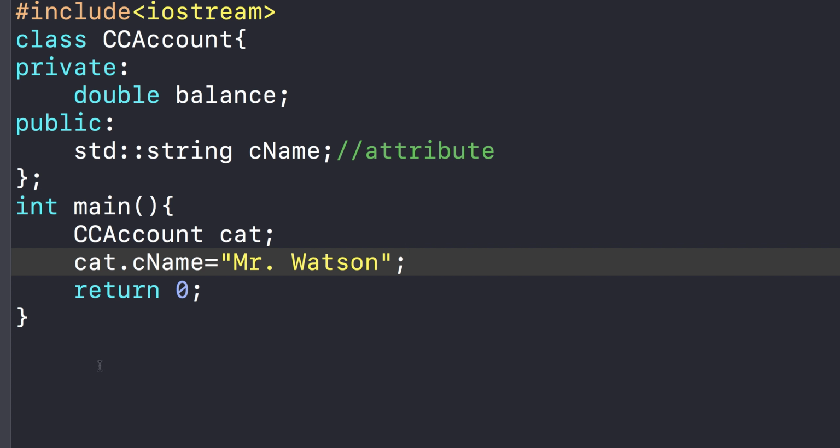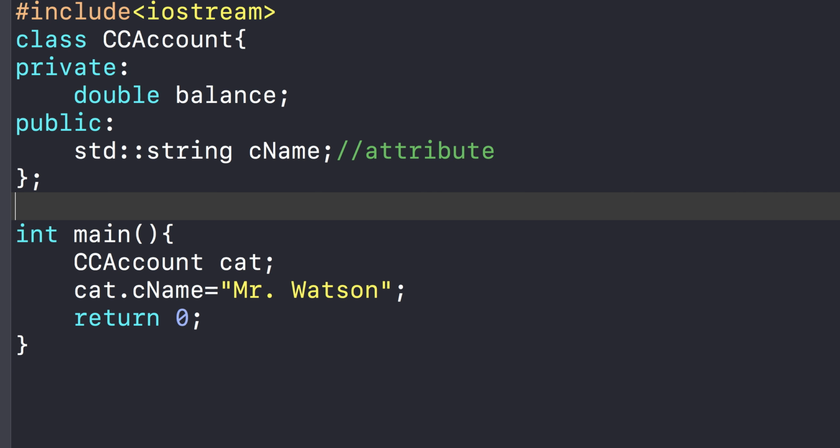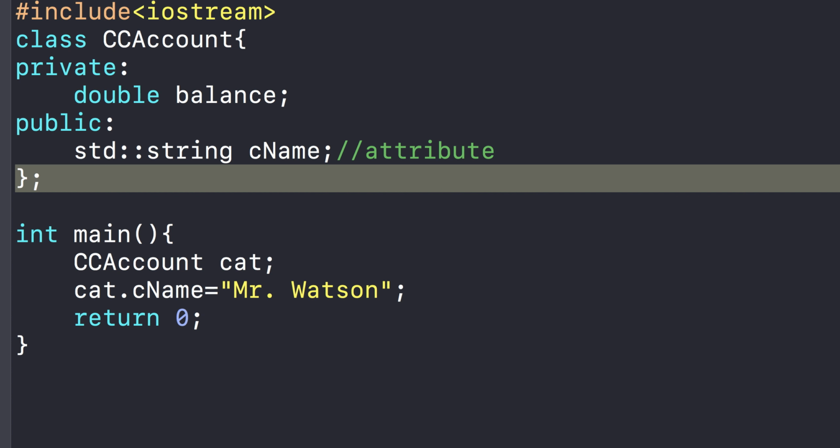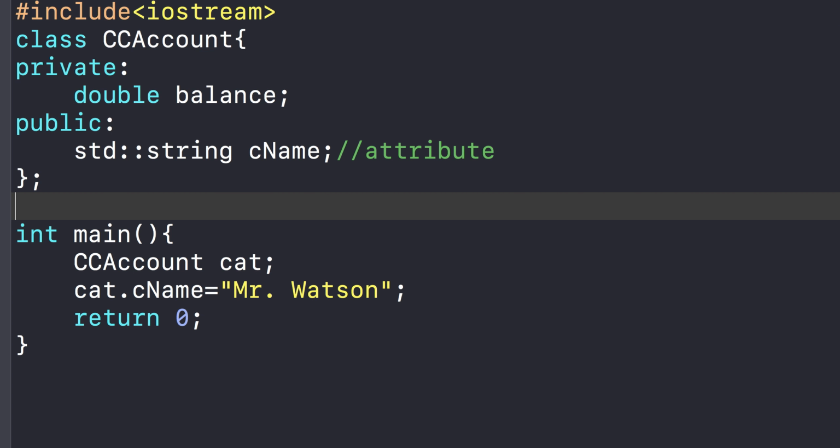So now we will create a function that can change the balance. So the function is created outside of the declaration of the class. This is called the declaration, and this is now implementation of the function. So we will implement the function change balance, and we will